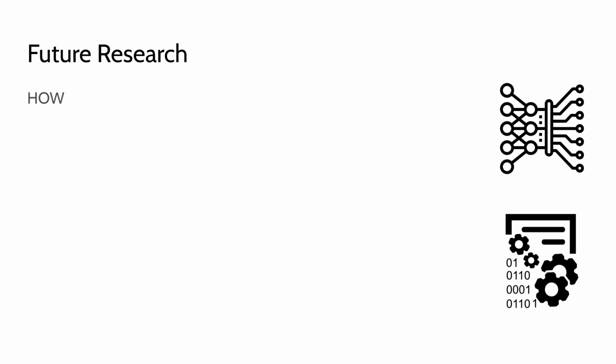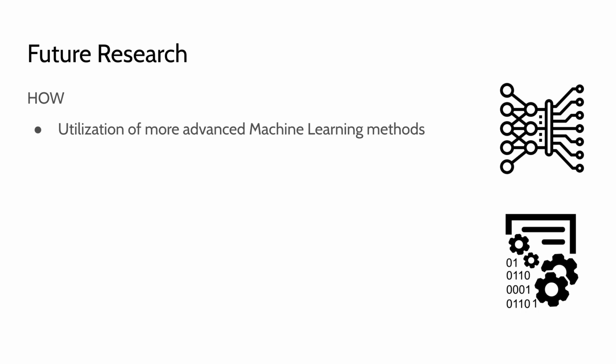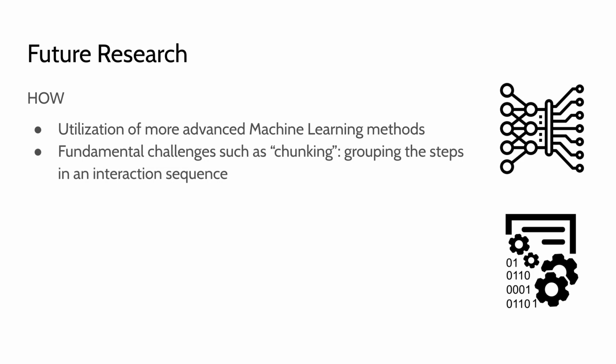In terms of provenance analysis, many of the existing works still rely on relatively simple techniques such as k-means clustering, and new techniques from fields like machine learning are likely to further improve performance. There are still many fundamental problems that await better solutions. One such example is provenance chunking, which groups the steps in an interaction sequence based on the analysis actions that they belong to. Chunking is closely related to the multi-layer issue discussed in the What section and helps connect provenance across layers.